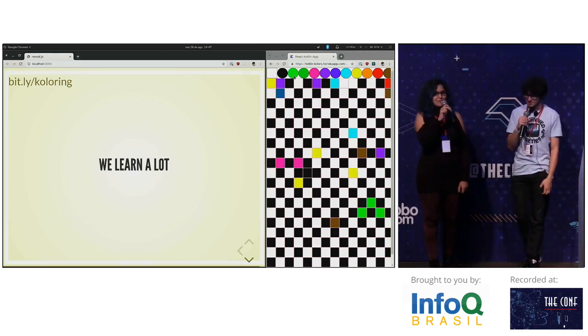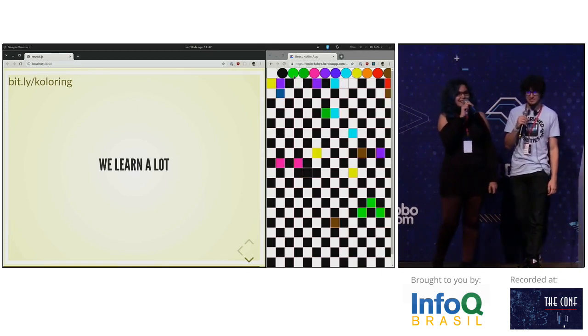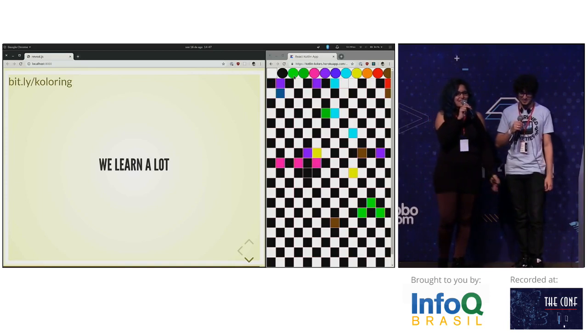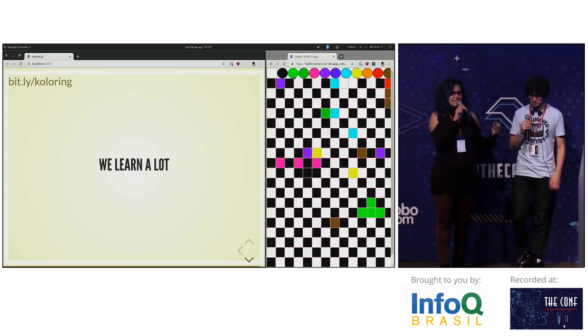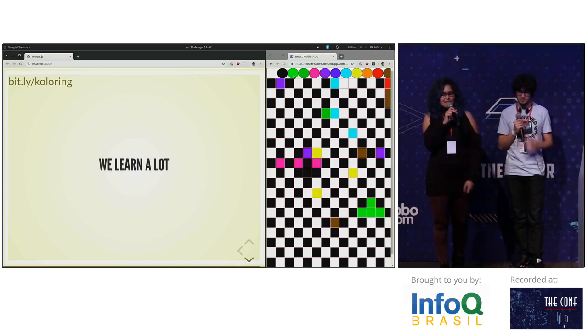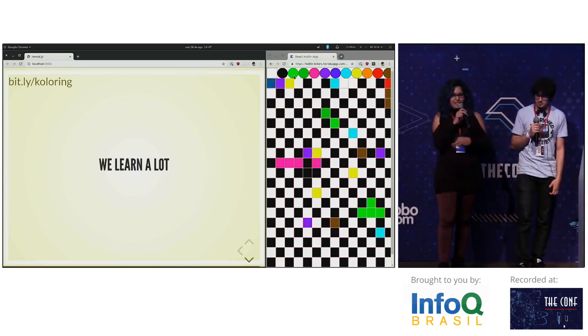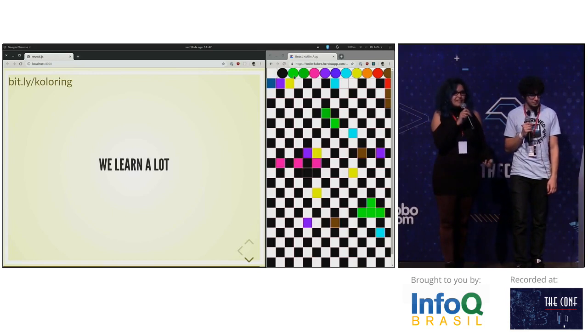We also learned how to prioritize things, because if you see the Trello board, there's a lot of things that we need to do and want to do on this canvas, but that's the canvas now. So we don't have logout, we don't have a lot of things here. But that's okay. We learned a lot from this too.